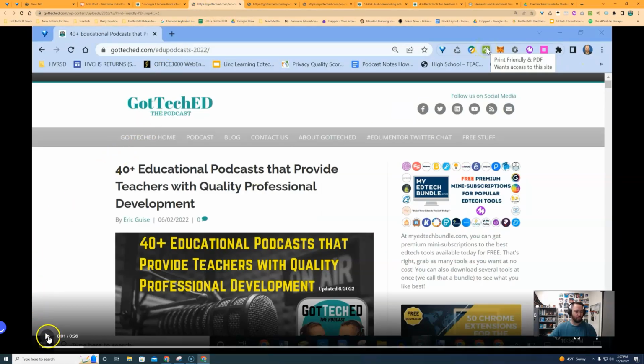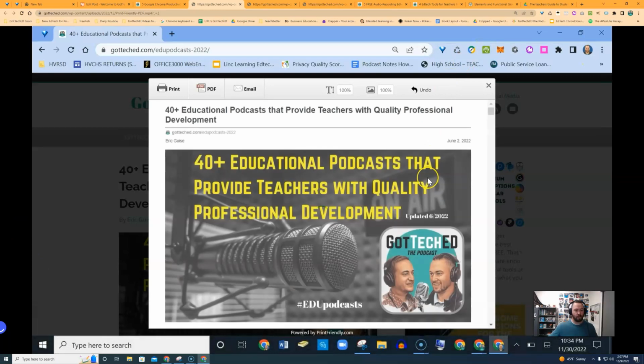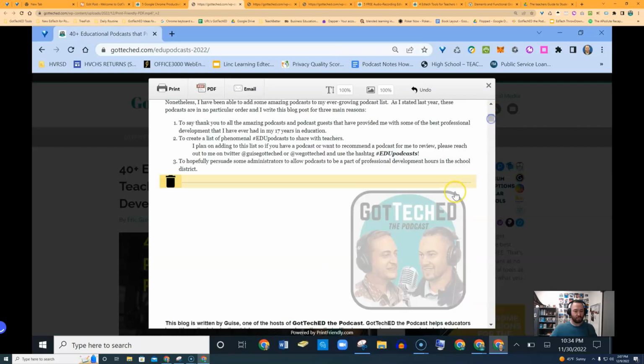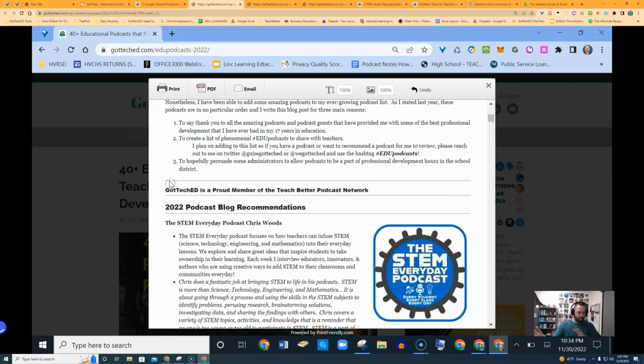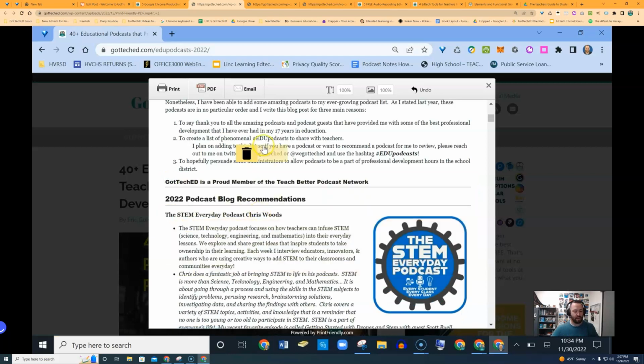The second one is called PrintFriendlyPDF, and I really fell in love with this extension during COVID when I couldn't print stuff out and give them to my students. So for this one, you're going to go to any website that you want, and you're going to hit the Print Friendly extension tab. It's going to basically take this big active screenshot of the article that you're looking at,